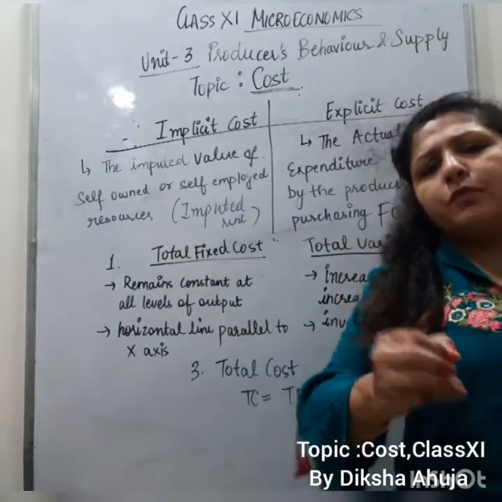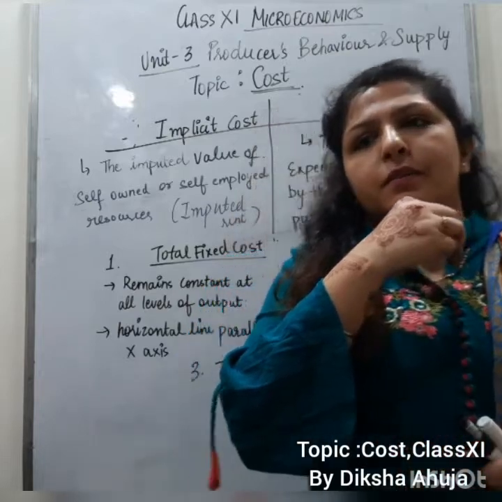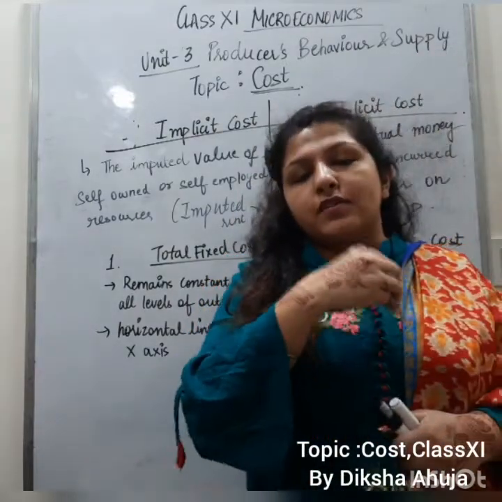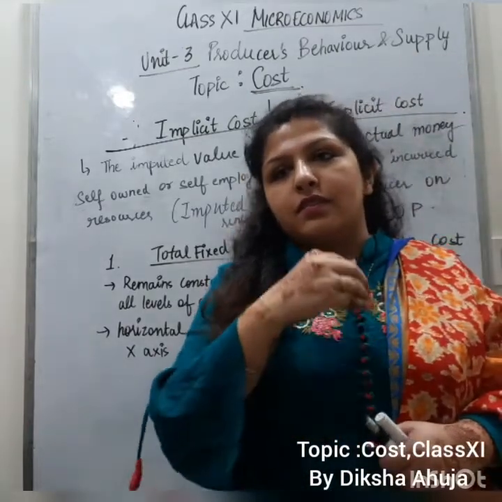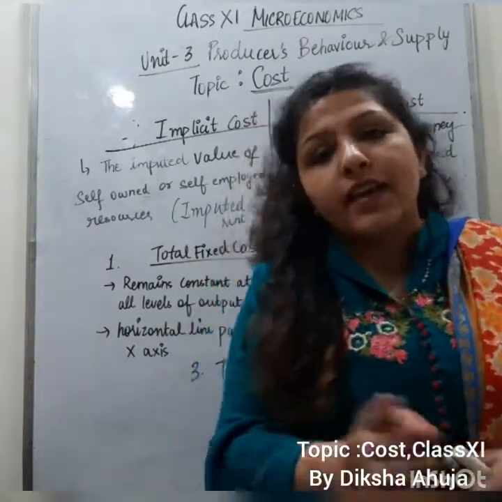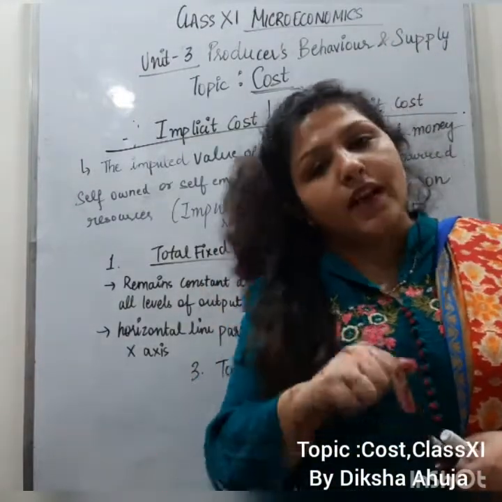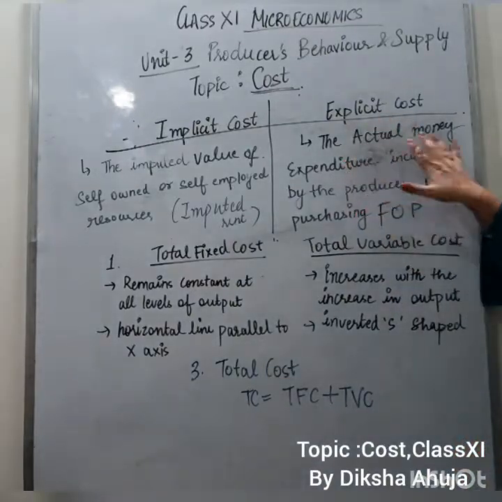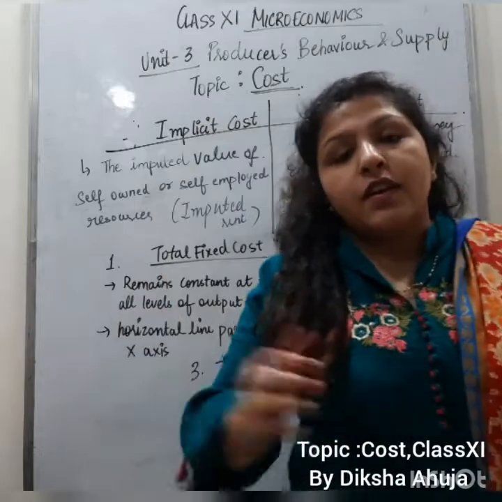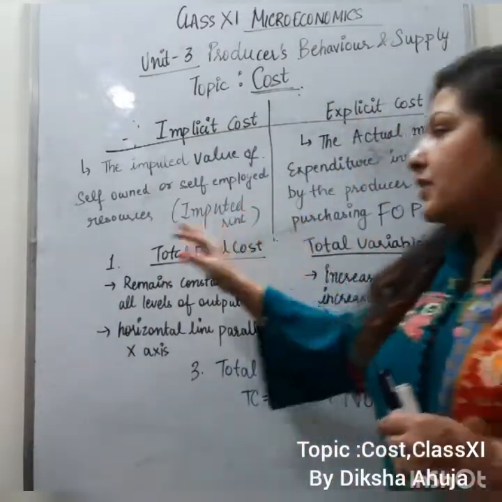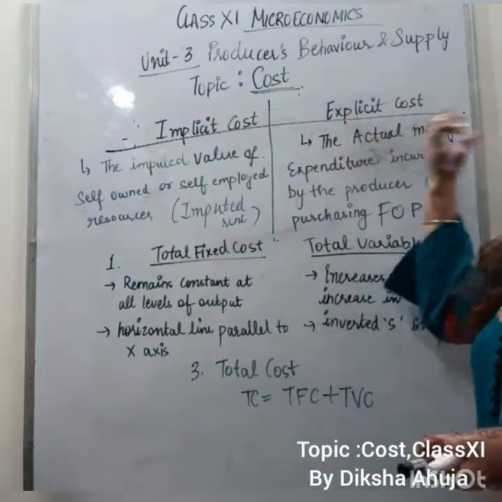Whatsoever you are purchasing from outside for factors of production, let's say you are purchasing raw material, you are purchasing labor, you are paying wages, right? You are purchasing the fixed cost. Let's say your factory is on rent, you are paying rent, right? Let's say you have taken capital, तुमने investment लिया, now you are paying interest. So these all costs, the actual money expenditure incurred by the producer on all the factors, all the inputs, is known as explicit cost. And implicit is hidden, but still it is imputed and calculated. It is actually visible, the actual money expenditure.